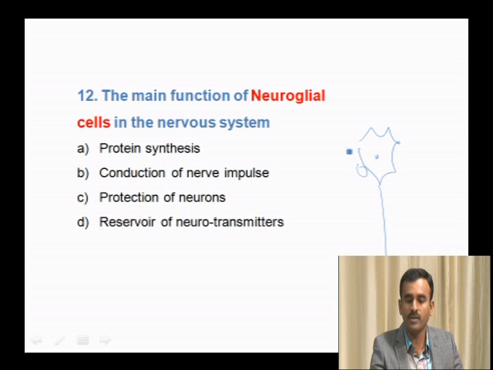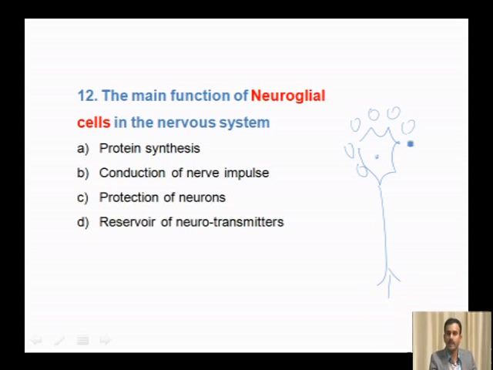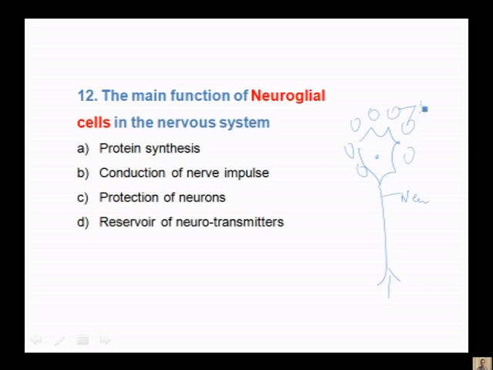The cells which are present around the conducting neuron are called the neuroglial cells. They are the defensive cells. They provide protection to the conducting neuron. These are the neuroglial cells. The main function of neuroglial cells, which gives protection or immunity, is that they help in the destruction of pathogens which enter